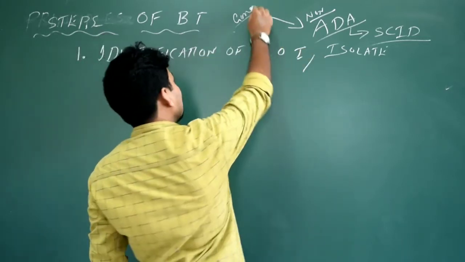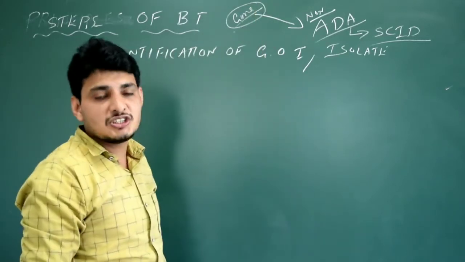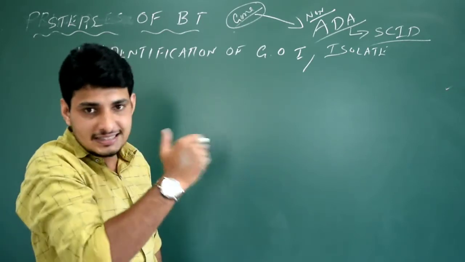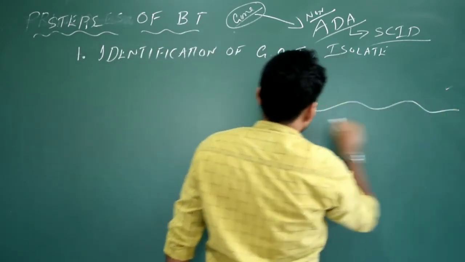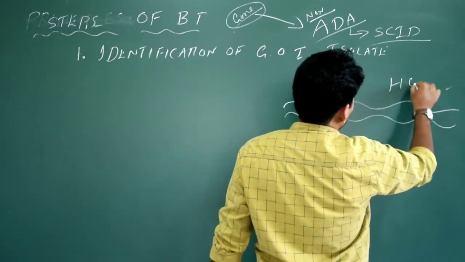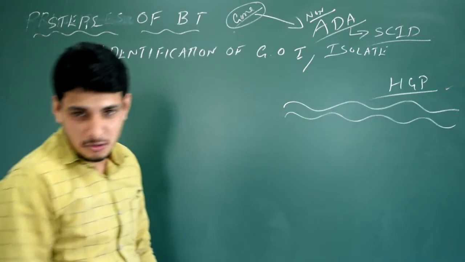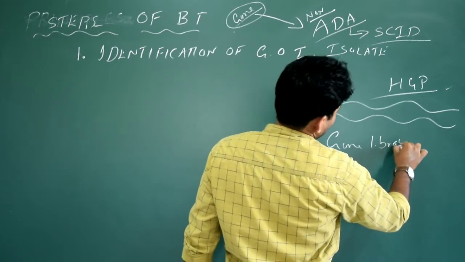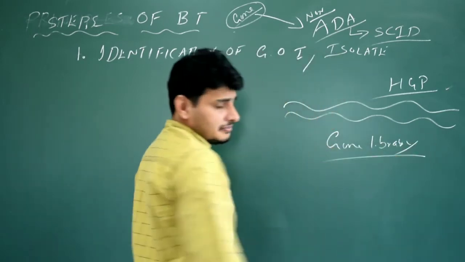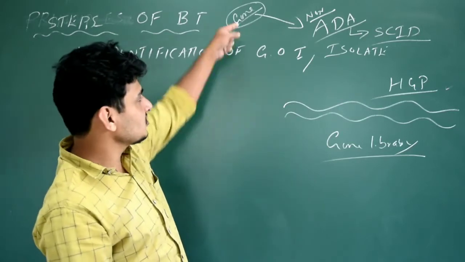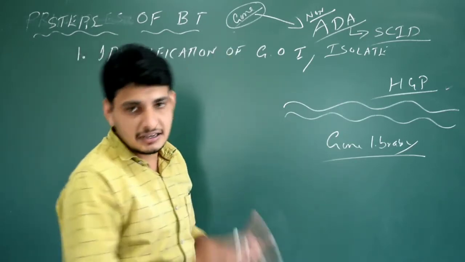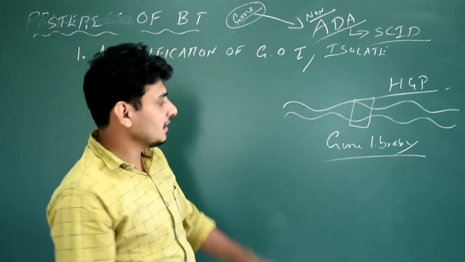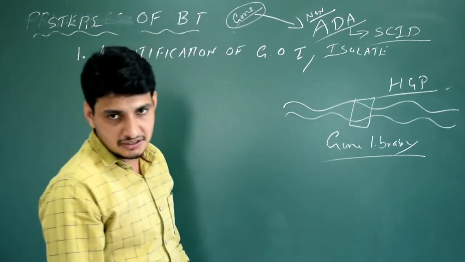But the thing is, I need to identify where exactly this particular gene is situated in our DNA, because our DNA length is 6 feet, it's very long. I don't know where exactly this gene is situated. But thanks to HGP, the Human Genome Project, a long project, where they constructed a gene library. The gene library is already constructed, so it's very simple, if you want this gene, you can get it from the gene library. It's already done. Discovery is done. Okay, so the gene could be present somewhere else, or maybe they give you the idea where exactly that gene is situated in your DNA.